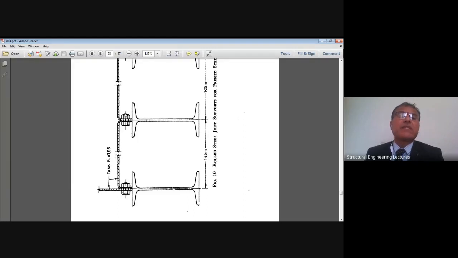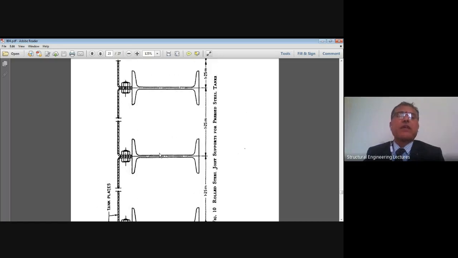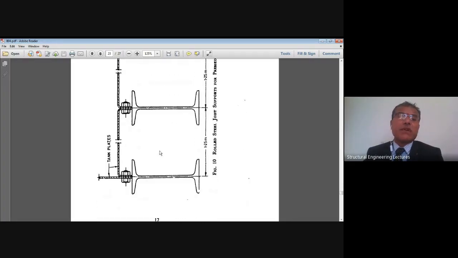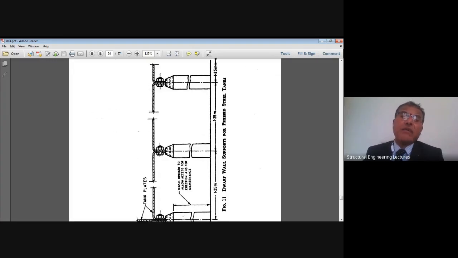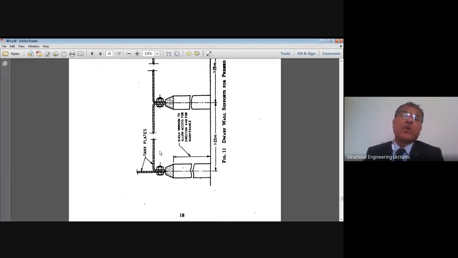The external flanges, which are connected by means of either riveting or bolting, are supported over the joists or beams, matching the longitudinal axis with that of the joint axis, right? The joint also has a central axis. Its central axis is matching with the centroidal axis, the vertical central axis of the joist. That is how the load transfer will happen onto the joists or beams. And even dwarf wall supports can also be used as shown here.